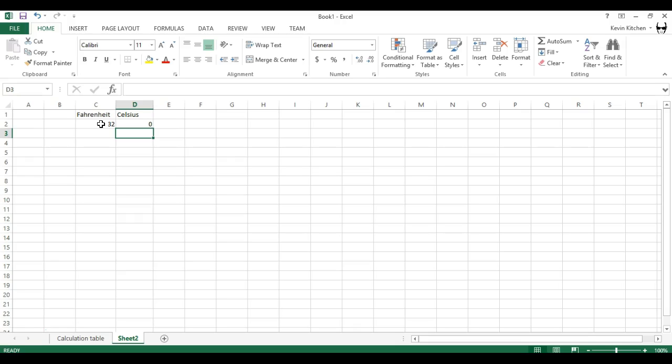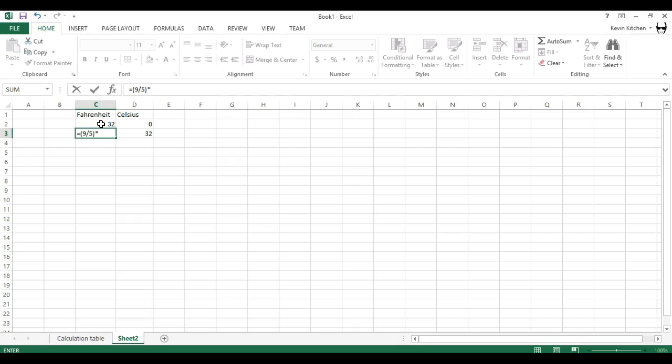So it says type a random number 2 cells below the Celsius heading. So that's here. Let's start with 32, just like we did for Fahrenheit. Okay, now in this cell, you're going to do the other equation. So it says the formula for Fahrenheit is F equals 9 divided by 5 times C plus 32. So if I'm going to follow that exactly, remember always start with equals. Now just copy it exactly as it is. Bracket 9 divided by 5, bracket,